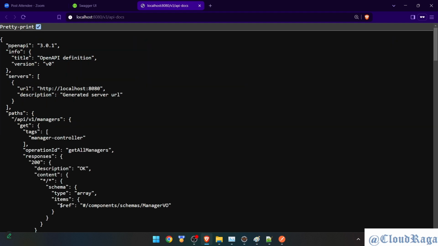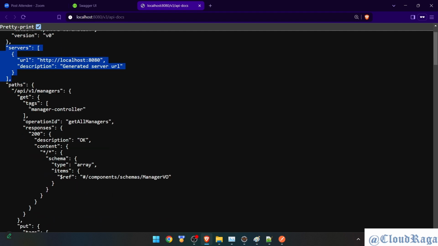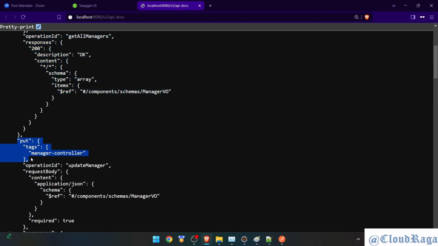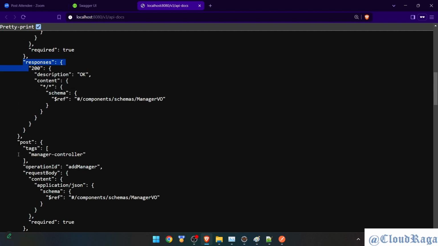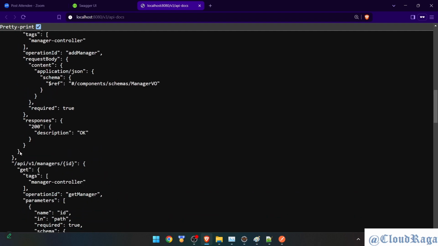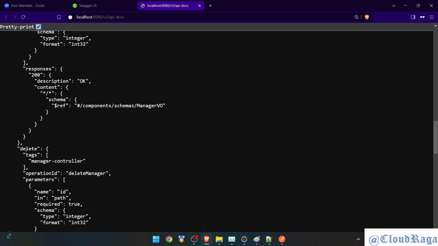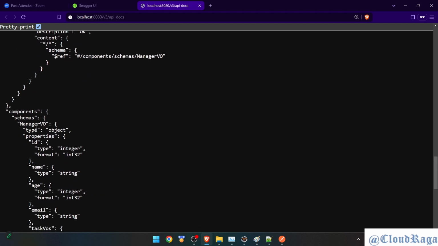So what we have in here: OpenAPI, the version we are using. Then the info, the OpenAPI definition, then version, then server. This is our server, localhost 8080. Then paths. Now paths has all the endpoint information. So paths, then body starts, then the first API is managers, then get, then how the response looks, then put request, then tag. This is done, then put request, its tag, then operation completed, then delete, then how many components there are